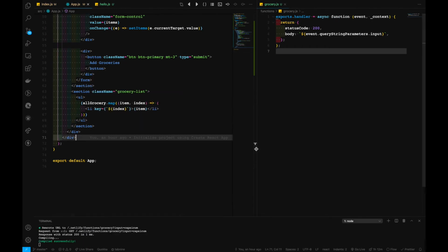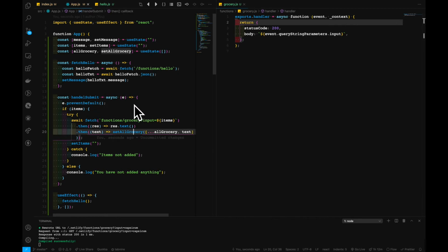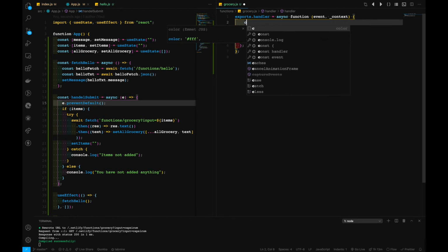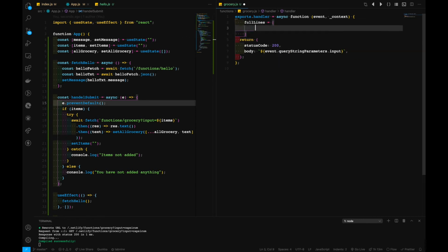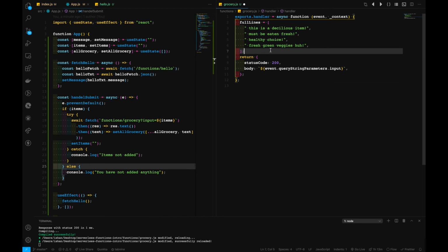So let's tweak a little bit, and let's add some fun element to this one. What I want to do is generate a random string that will concatenate with this particular body that we pass down as an object to our client side here. For that, I will create another constant, and call it funLines. It will be an array where we will grab some funny lines that we are concatenating and returning to our React app here,